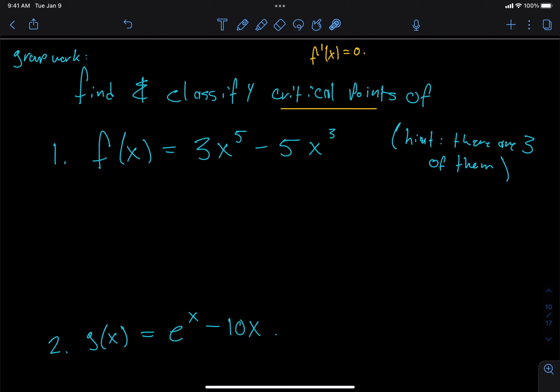We found the derivative, right? And now we're at zero. So this is like a quartic polynomial, right? This is first of all something where I can take out a common factor from both of these terms. You can check that. And 15. So 15x squared, and then what do we have left? Yeah, so that's right. That's 15x squared times